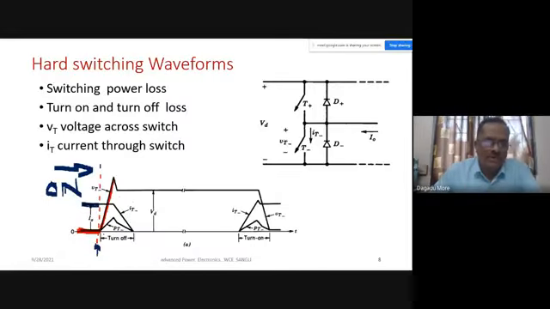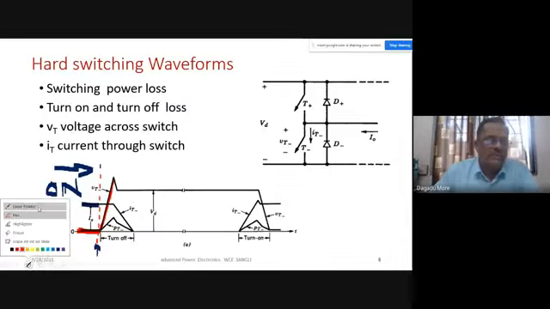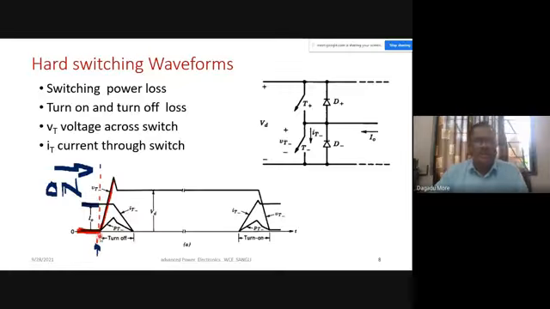So when you give the signal to turn off, we have seen that our current is not becoming zero. Our current is not becoming zero, but voltage will go on increasing because the device is on, and the voltage across it was 0. Give the signal, the voltage across it will go on increasing, but current will remain the same as it is. So during this period,